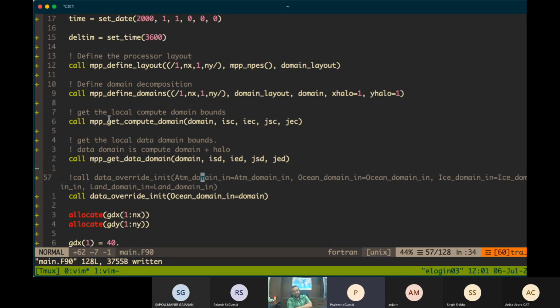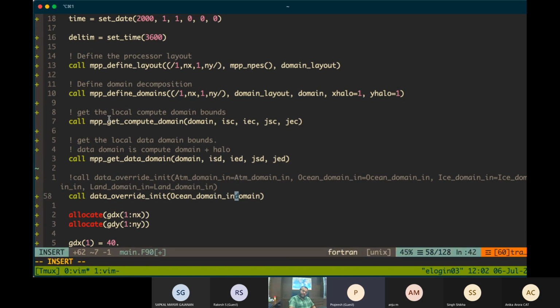It takes 4 arguments, and all of these are optional arguments. But I have only ocean domain, I am not using any other model. How do you give only ocean domain in as the argument? That's why we use explicit naming here. Otherwise, the arguments are taken according to position.